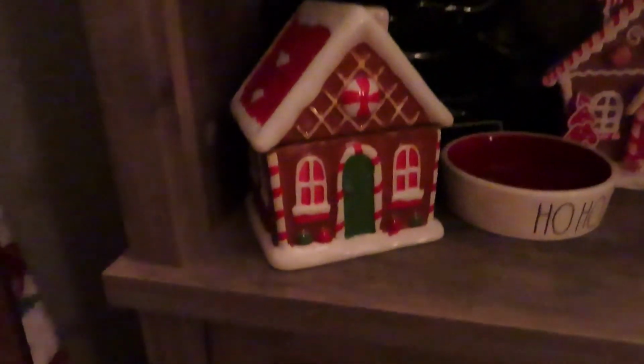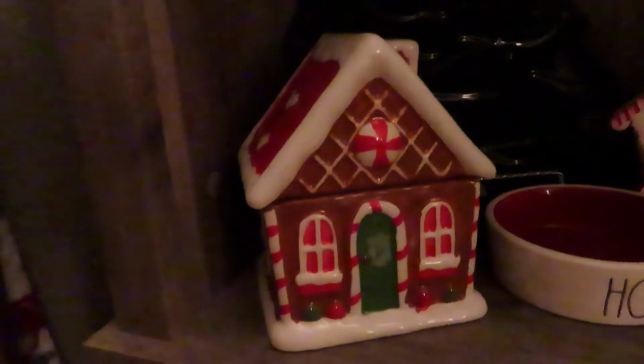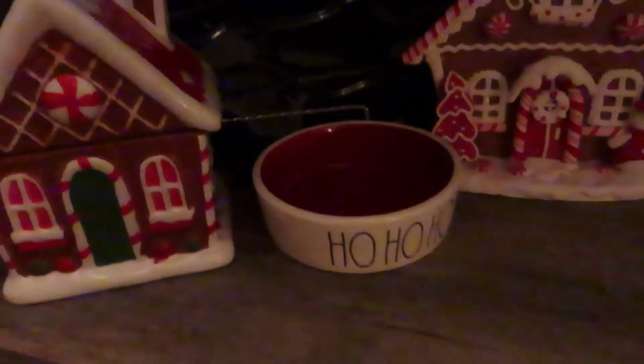Then I did my hutch differently this year. Not that y'all knew what it was last year, but this year I brought out my gingerbread theme. So I've got my cookie canister from Walmart from last year, a tree plate, a ho-ho-ho food bowl that I use for candy, the gingerbread house, another tree back there, the gingerbread bakery that actually lights up, the dollar store gingerbread,